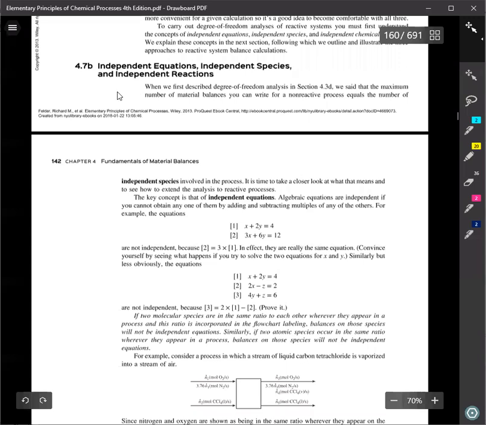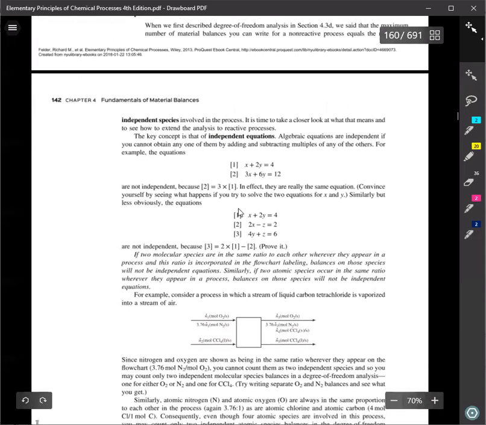Section 4.7b is important because it introduces the concept of independent equations. So remember, for an extent of reaction analysis, when you're doing the degree of freedom analysis, you have to count the number of independent chemical equations as unknowns because each one of them has a corresponding extent of reaction. I think I got this question in class of what does an independent set of equations look like? And if that's a question that you have, I encourage you to read this section because it illustrates what it